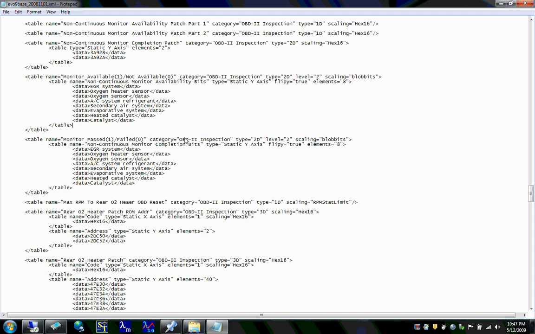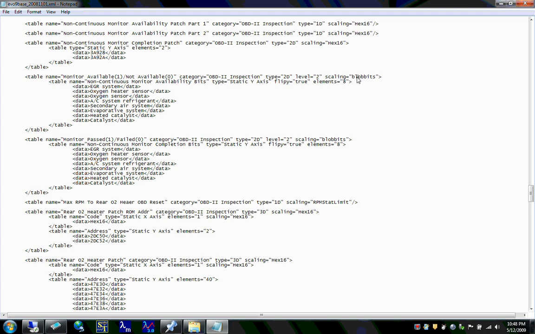So just so you can understand how this is accomplished, they went out and found what the OBD2 inspection tables consist of and also where they live. And what we've put in this Evo 9 base XML file, something that all Evo 9 ROMs will have in common, is just the layout of these tables. So we have some 1D tables that consist of a single value, some 2D tables that consist of just a couple of values, and we have some descriptive